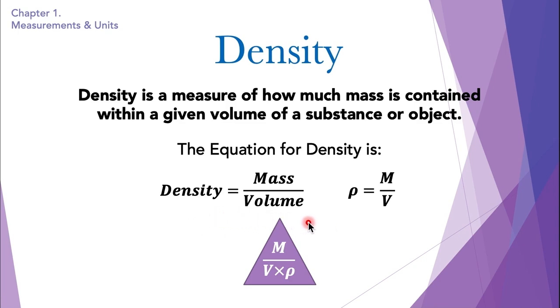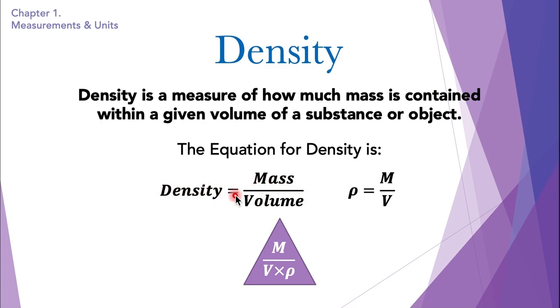Now this equation can not only be used for density, it can also be used to measure volume or mass. With any two of these quantities, we can measure a single quantity. For example, we divide mass by volume and get density. And if we want to measure volume, what would we do? Would we divide density by mass, or mass by density, or would we multiply these things?